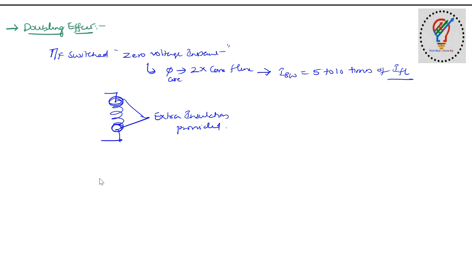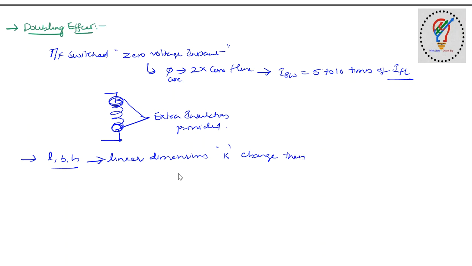Okay, now if the linear dimensions of the transformer, for example length, breadth and height, are changed by, for example, k times, let me correct that, if we change the linear dimensions k times, then